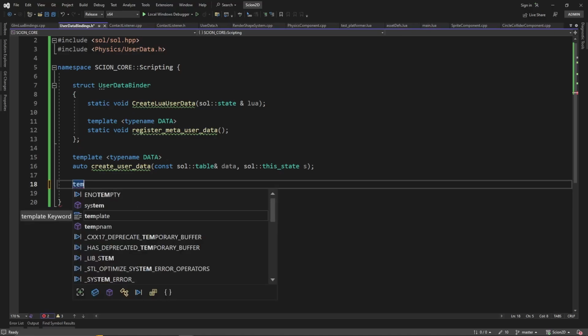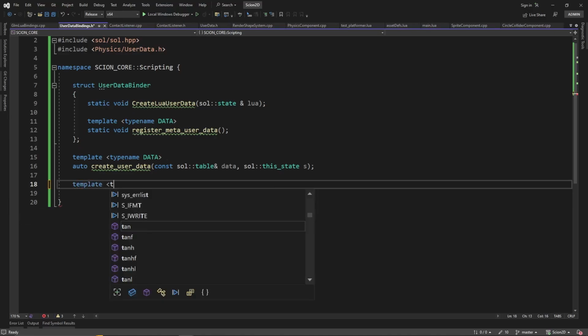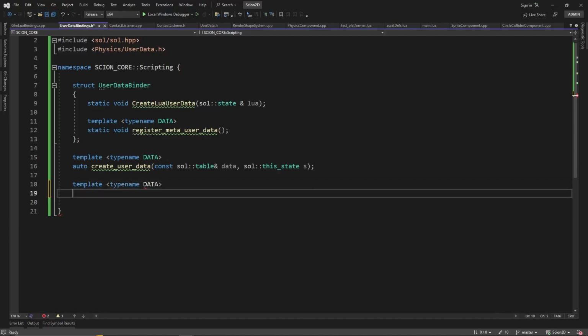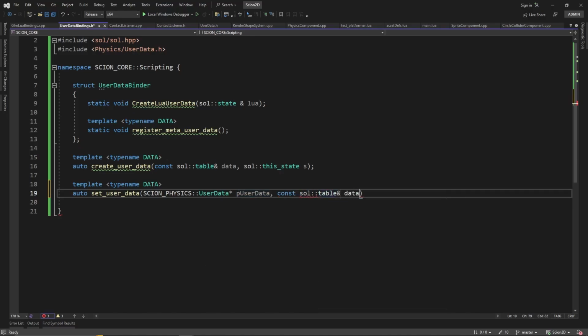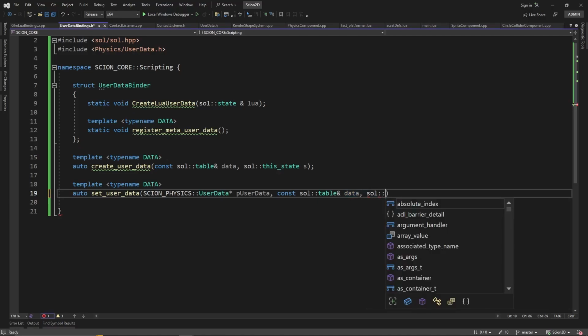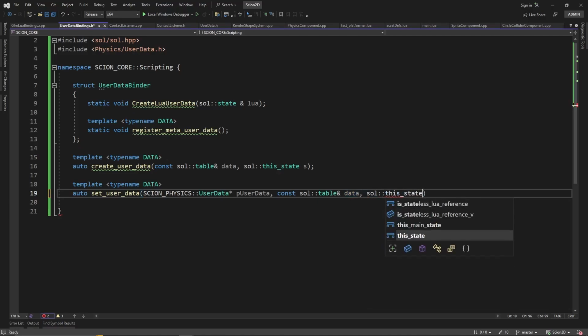Okay, so template typename Data, and we're going to say auto set user data. This is going to take in a Scion physics user data pointer user. I say p user data. I need to be more consistent. Const sole table reference of the data that we want to change it to, and then the state itself. So this state